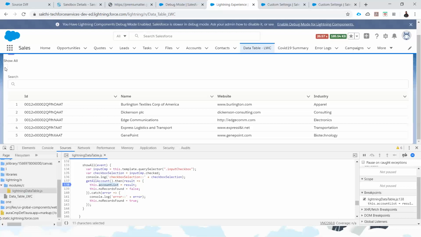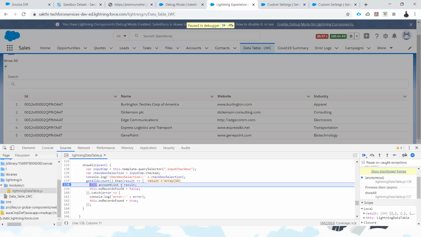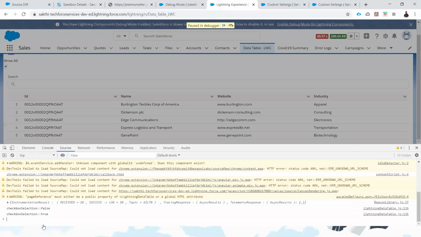I'm clicking show all. See, it's coming again nicely in the array format with the 14 results. Let me print this value in the console tab. If you want to print the value, go to the console and type this.accountList.